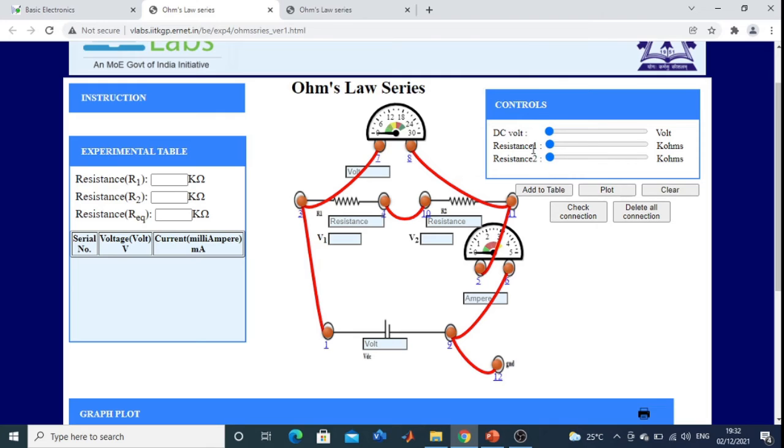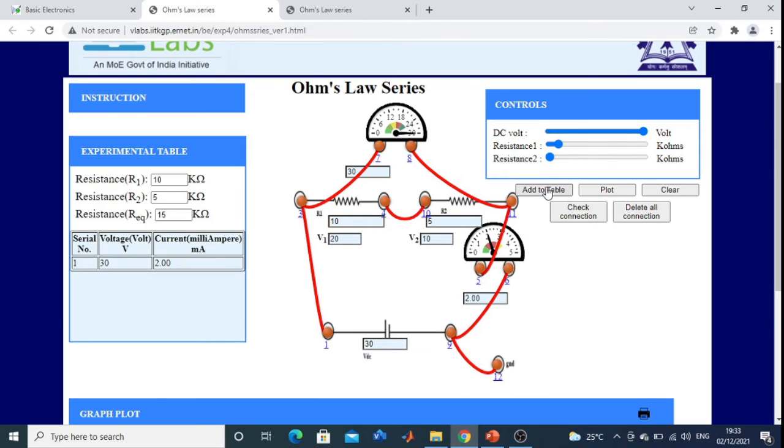Now the same procedure, change the resistance value. Suppose I change it to 10. I change it to 5. I change it to 30.